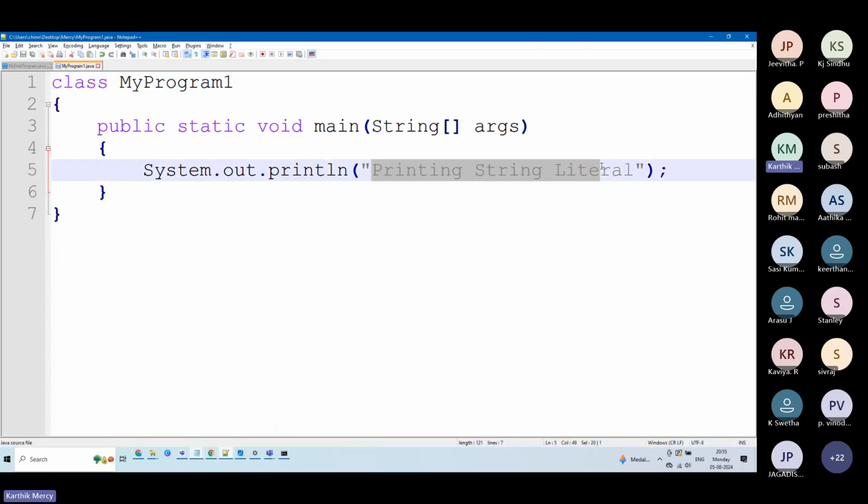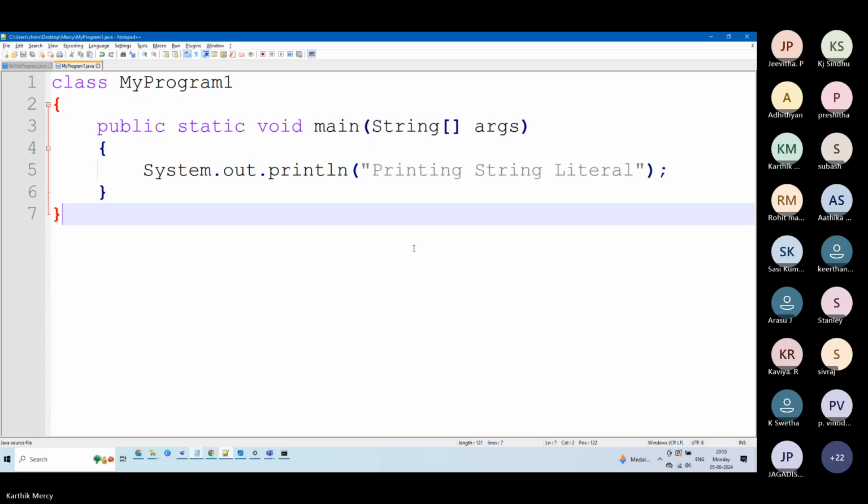Previously, whatever was there in these double quotes, it was a string for you. Now you can think of it as a literal, right? You can think of it as a string literal. Now, one beauty of it, as we have already discussed, is we can print multiple string literals in the same Java program. Okay. So just to prove my point, what I will do is I will copy this line number